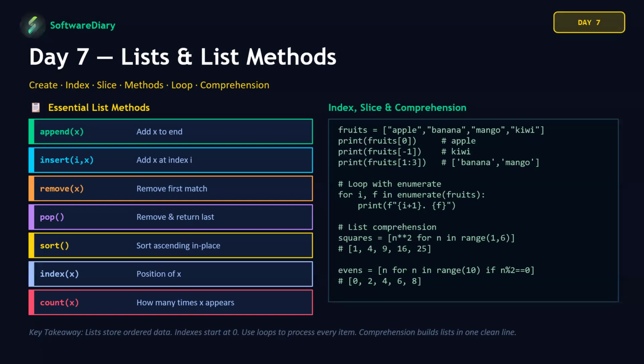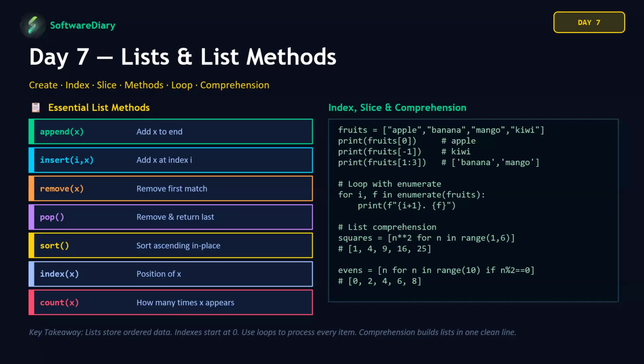And sort is for sorting the list, and index is to know the index of an item, and with count we can find how many times a particular alphabet or number is repeating in the list. These are from basic examples of how a list is given. You can give apple, banana, mango, fruits in double quotes. You can also do slicing to get a range of elements. If you see this example, print fruits 1 to 3, banana to mango is the output because 1 is inclusive, 3 is exclusive.